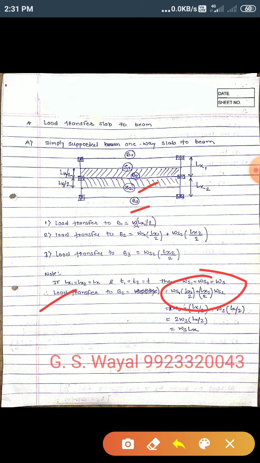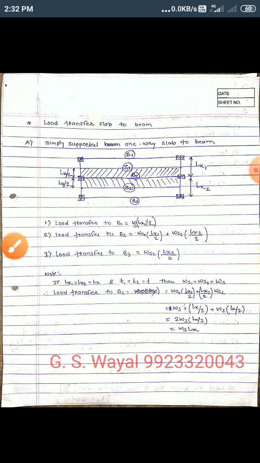Here we are considering the same thickness, so the self-weight is the same. We are also considering that the live load and floor finish subjected to the S1 and S2 slabs are the same. So your load as well as span is the same, so finally you can write WS LX. I repeat, if your self-weight, meaning thickness, live load, floor finish and the span of both slabs are the same, then you can calculate the load transfer from both slabs to the common beam B2 as WS into LX. Similarly,